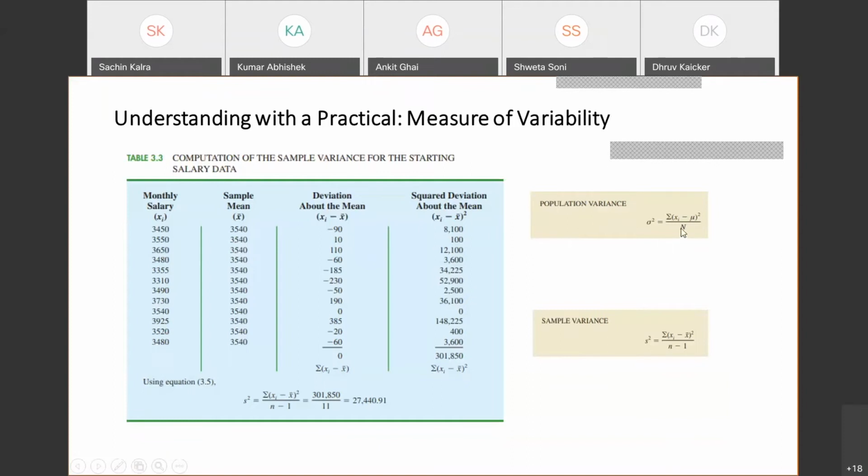Suppose we have say 10 lakh rows in the population, and in the sample you have taken 1,000. Here you will put 10 lakh, but here you will put 1,000 minus one. So this is how they try to put you in a tight spot. So the simple answer is to